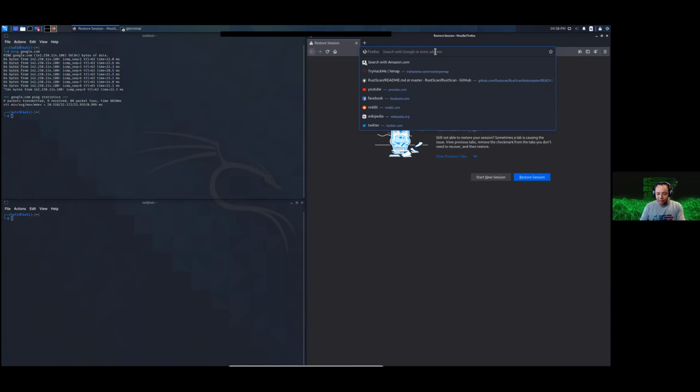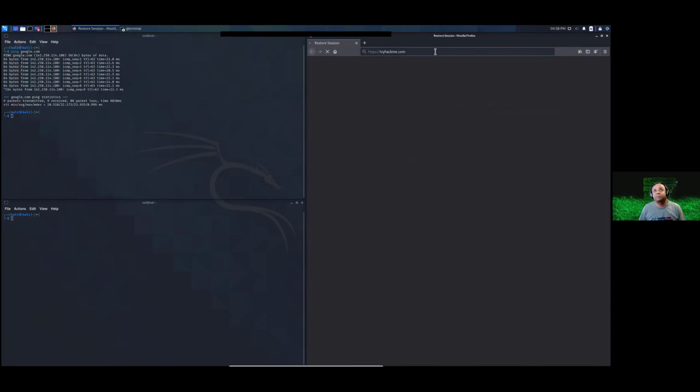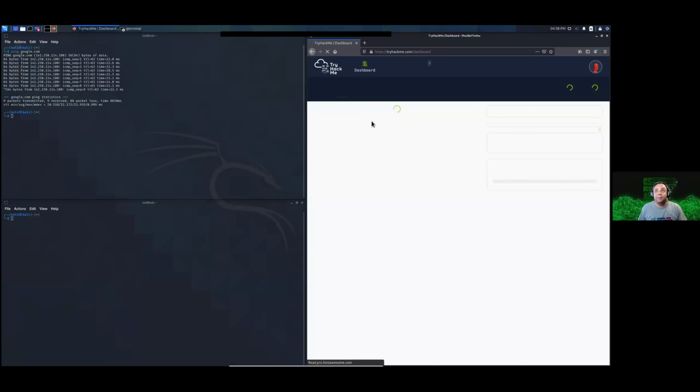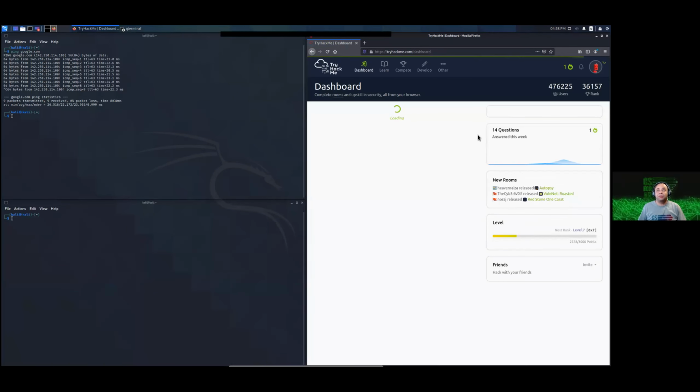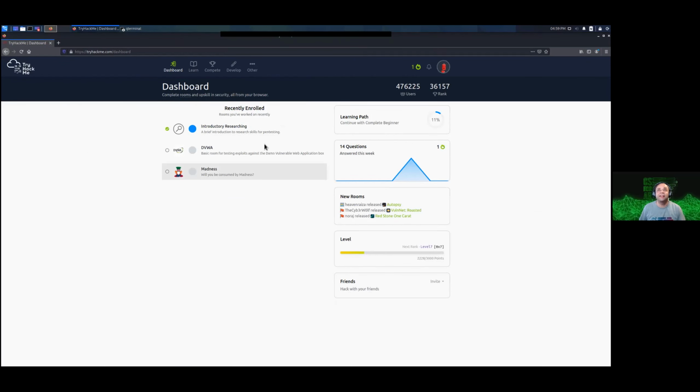So I'm going to go to tryhackme.com. And it looks like I'm already logged in. Great, good news. What I have to do now, let's see, is click on my user profile. This is one of the downsides: it might try to give you the mobile website. If I go to my user profile picture in the top right, you might have a robot, you might have something different. If you go to access,